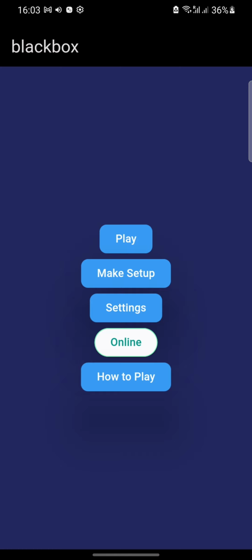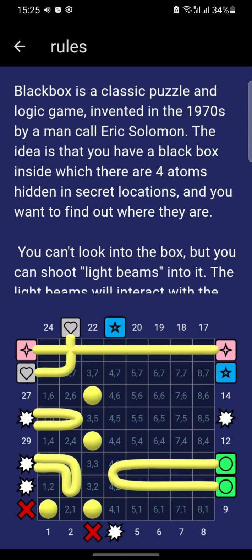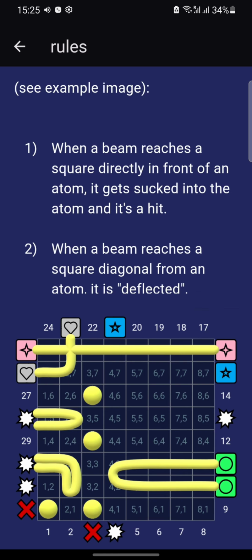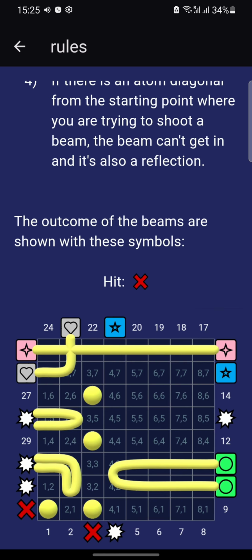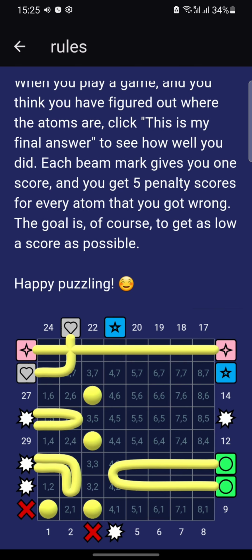This is a video on how to play Blackbox, this classical board game that I've made an app from. If you open my app, this is the first page you'll come to, and at the bottom here you'll see how to play. So here I have described the rules, and down here at the bottom you'll see an